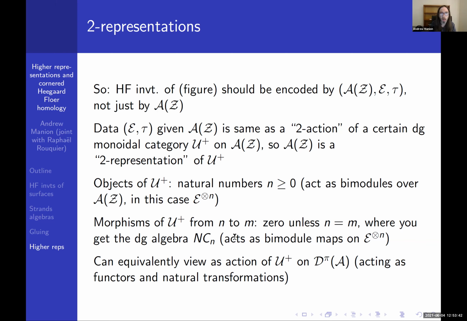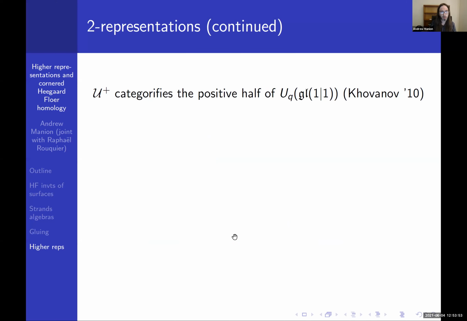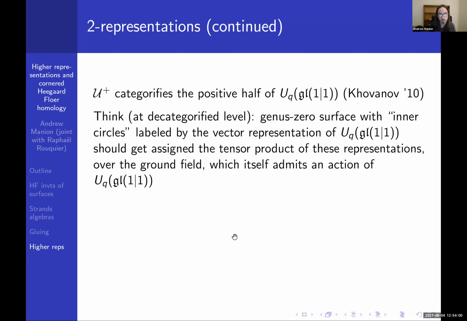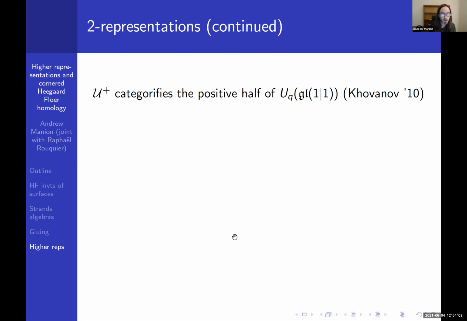And then I can think of it as an action on the Fukaya category, and then one would like to have a correspondingly geometric construction of this rather than just translating the algebra. So that's as we just talked about. But what is this U plus thing? Well, it was introduced by Khovanov in 2010 and categorifies the positive half of U_q(gl(1|1)). So I just want to